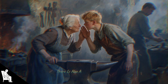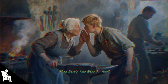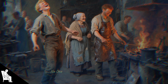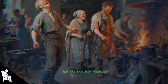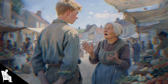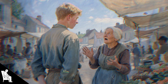There is also a quirky tidbit from folklore. Some people believed that gossip told near an anvil would echo through the iron and spread faster across the village. Of course, no one truly thought iron carried words, but the idea was amusing enough that it sometimes made people laugh when a secret slipped out quickly. Imagine a farmer telling a story here in the morning, only to hear it repeated back at him in the